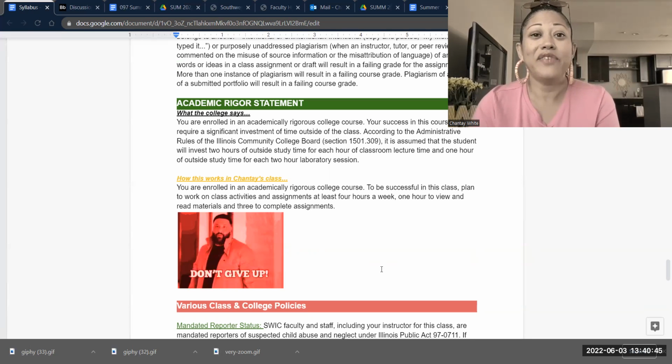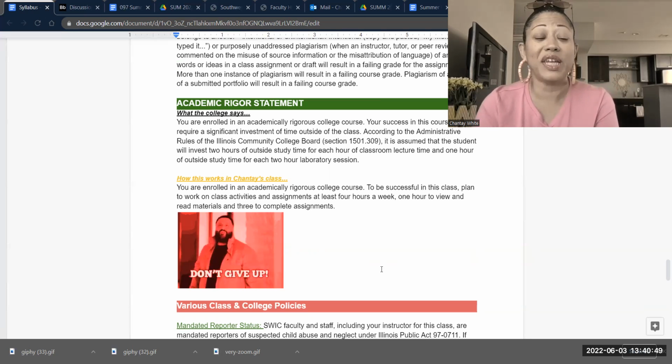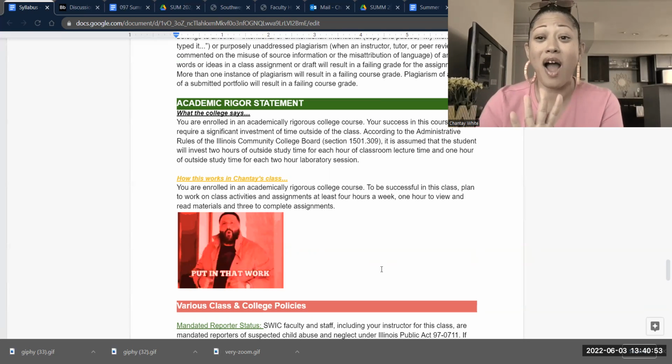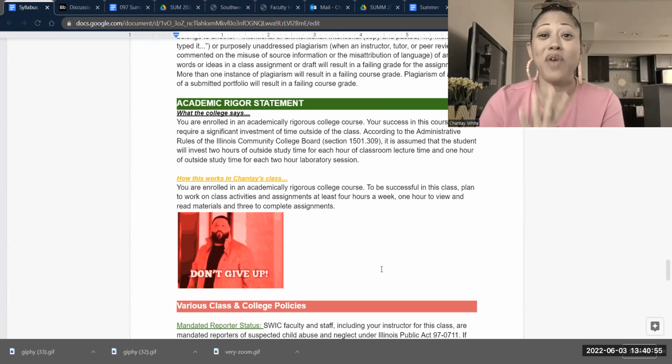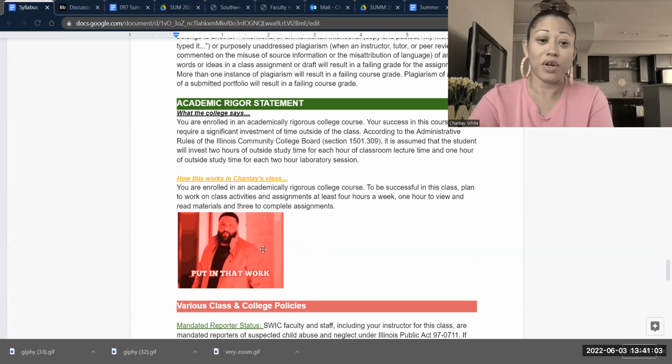With that said, if you have really struggled with writing, writer's block, or reading in the past, then you should add more time to that, right? 4 hours is the average. But if you have concerns because you're an adult and you know you, then plan for 5 so that you know that you're going to be successful moving forward.